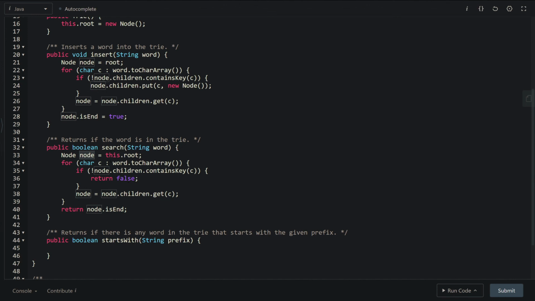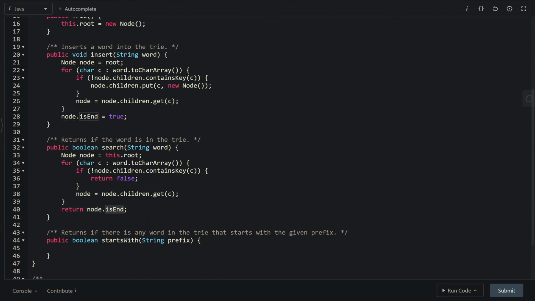And then we do a for each loop of all the letters inside a word. We check to see if the current letter is a child of our node. And if it isn't, that means we have not inserted that word, so we return false. Otherwise, we set our node to be the current child of the letter that we're looking for, and we just continue our algorithm. And once we reach the end, and assuming that every letter matched, we just check to see